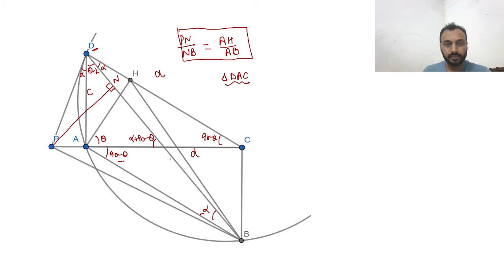Now if I name this point O, and we consider triangle PON, as the angle at N is 90, this angle we can find out. This angle becomes 90 minus, this is theta minus alpha, right? So this angle is theta minus alpha. And what about this angle? If you see triangle PDN, in triangle PDN, angle PDN is theta. Theta minus alpha plus alpha is theta. And this is 90, so this is 90 minus theta.